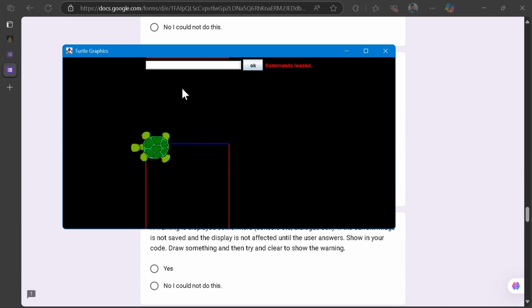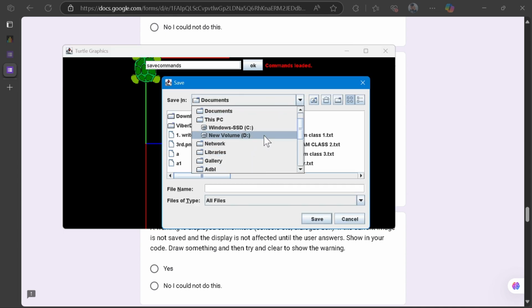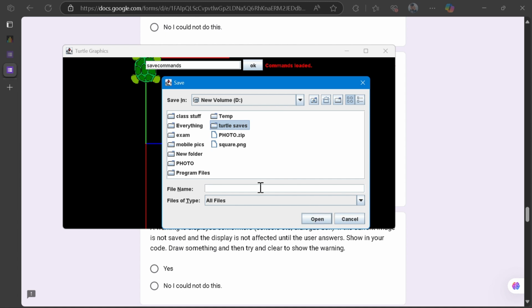Yeah, this command is loaded, and now let's say I'm gonna move again right to the 90, and I'm gonna change the pen color to green, and I'm gonna move to 100. Yeah, the turtle is over here, and now I'm gonna save this command as well. Save command. I'm gonna save this in the same position, sorry, same file,